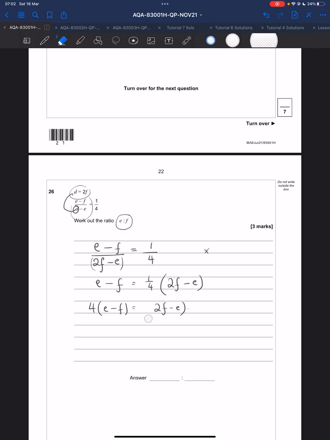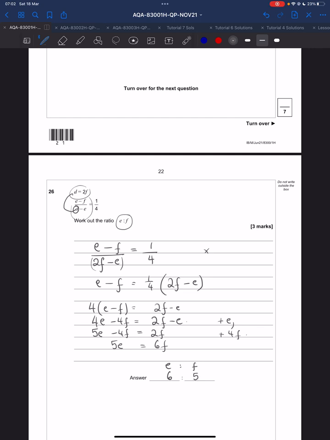I don't actually need those brackets anymore, so I'm going to expand. 4e minus 4f is 2f minus e. I'm going to add e to each side. 5e minus 4f is 2f. And then I'm going to add 4f to each side. 5e is 6f. So if 5 e's are 6 f's, when you actually do e to f, it's actually 6